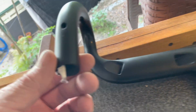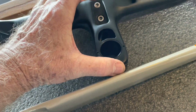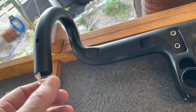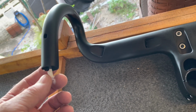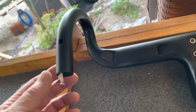And then the Di2 cables are going to go in here. I'm going to mount the A junction as a bar end plug, and I'm going to put the wireless unit up in here. And instead of using the Y splitter, which is kind of standard, I've got it, I could use it, but I was watching Shane Miller, GP Llama on YouTube, and what he did, he got the idea from somebody, so it's not like one person's a genius. We all build on what we learn from others. He took the